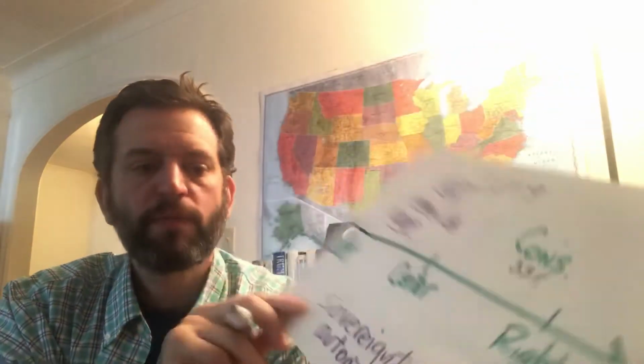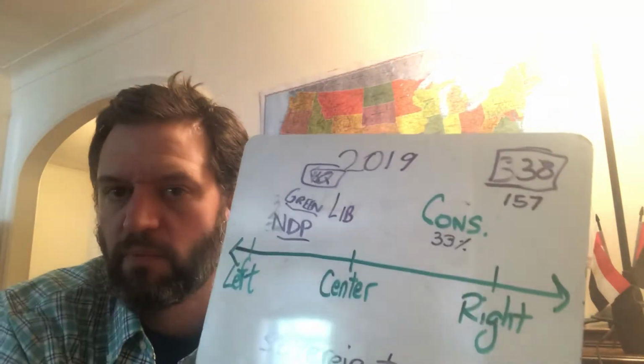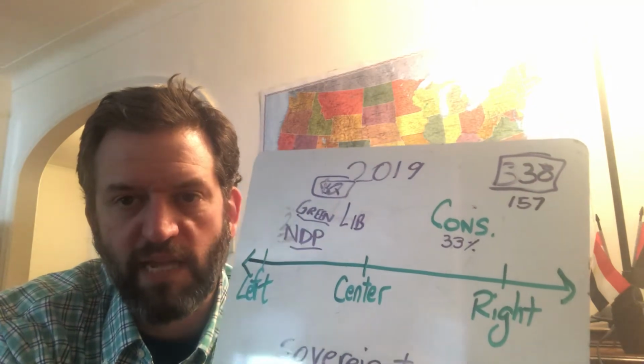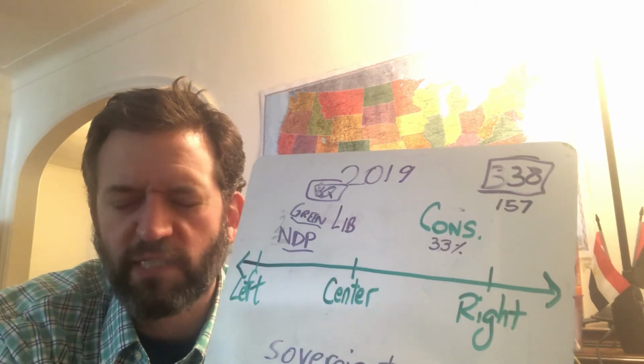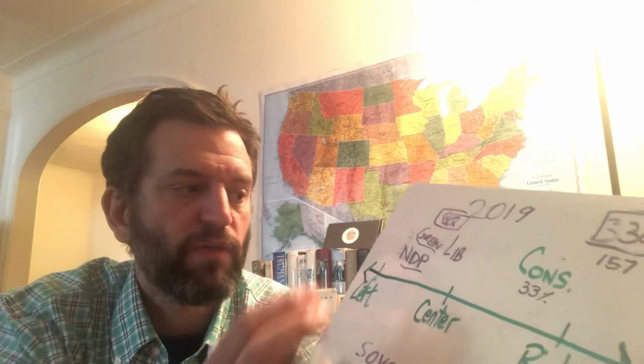Okay? So currently, right now in Canada, the Liberals have the most seats in the House of Commons. The House of Commons has 338 seats. And since the Liberals have the most seats at 157, they get to form the government. Now, they don't have more than half, so they're not that stable. More than half would be 171, or 170, excuse me. They don't have 170, they only have 157. So they rely a little bit on the NDP with their 24 seats,